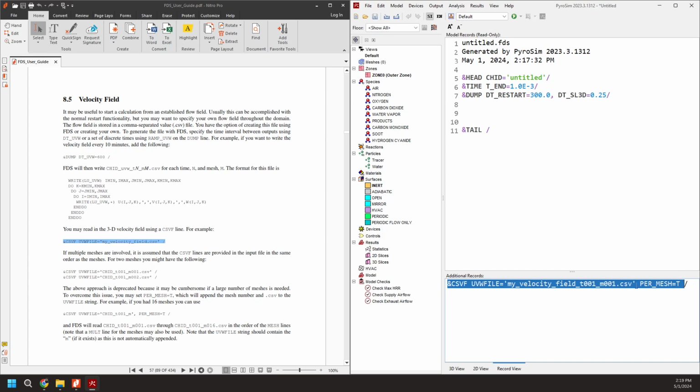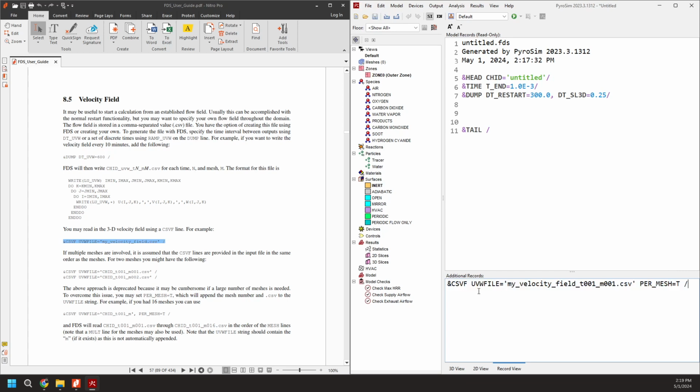So you would need all these CSV files to be there so FDS can find them in the same directory, and then run this new simulation where you'll now have the fire and the dynamic, everything else that you want to see in the model, happening based off of that initial condition. And so this is the key, is to run the first time just dumping the data, and run the second time with your actual model doing all the dynamic things with this